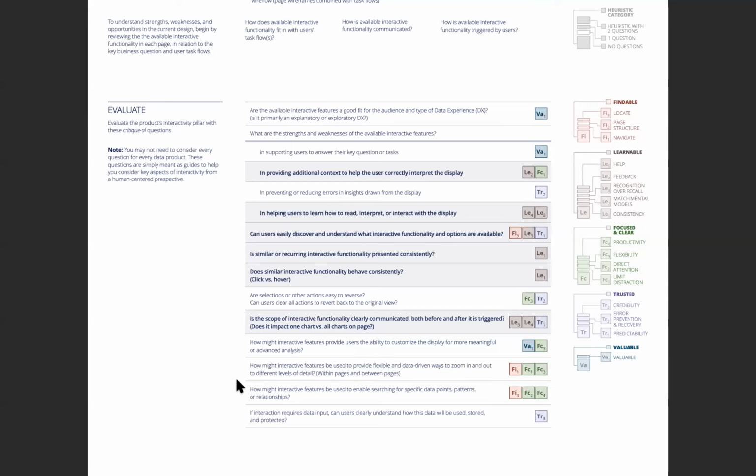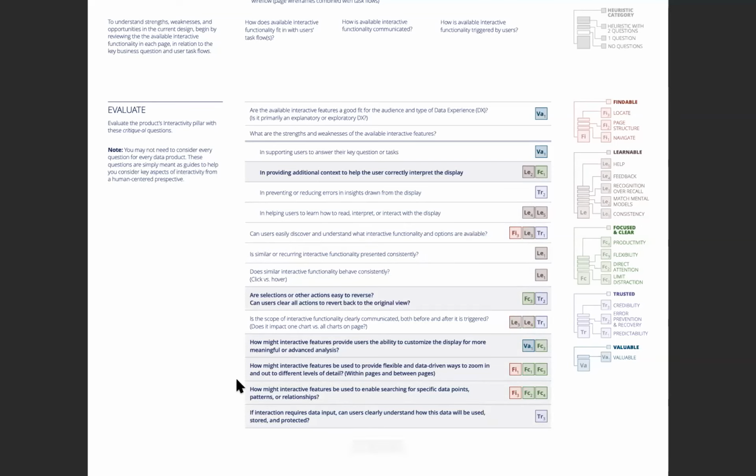And then there are other questions that are more focused on the focused and clear category. I think that's where a lot of the power comes in with interactions.